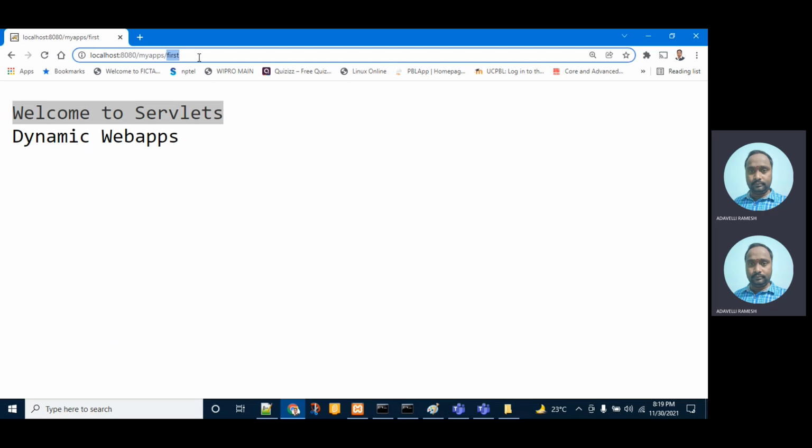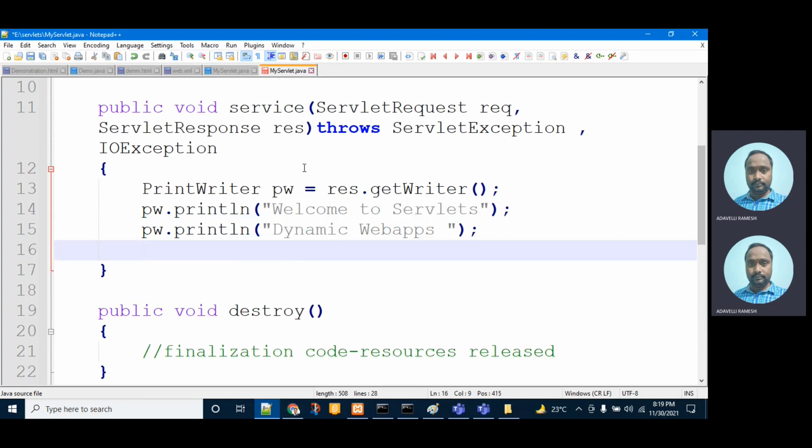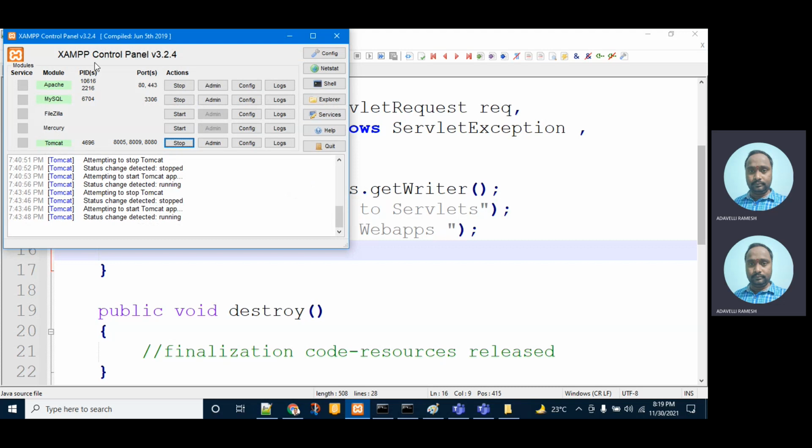So this is the way we execute or deploy a servlet. And remember, if you make any changes in the source file, you need to recompile, get the updated .class file, and place it into the classes folder. Then you need to stop the XAMPP Tomcat server and start it again.